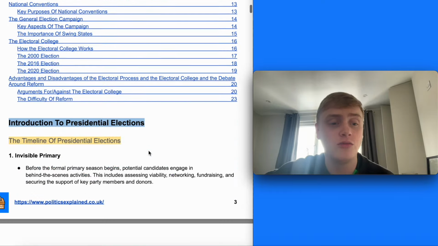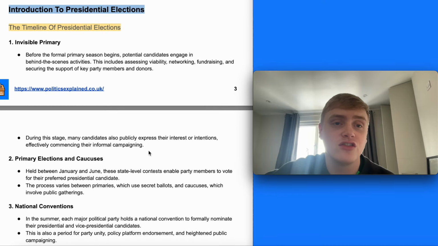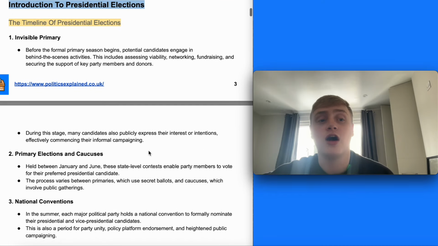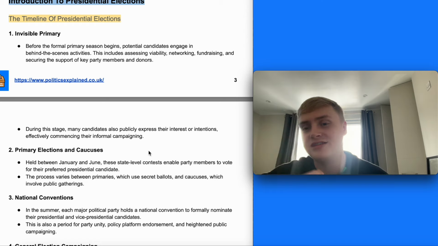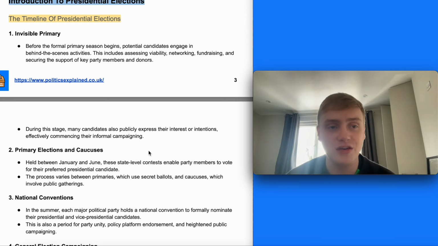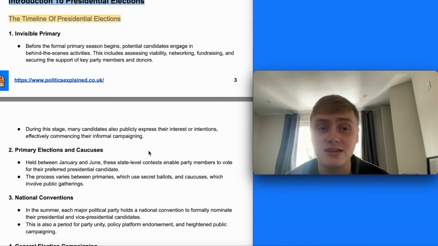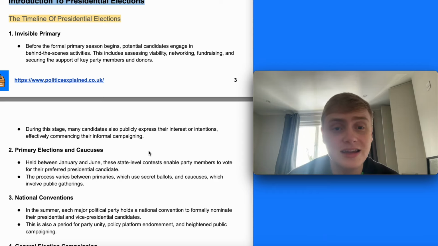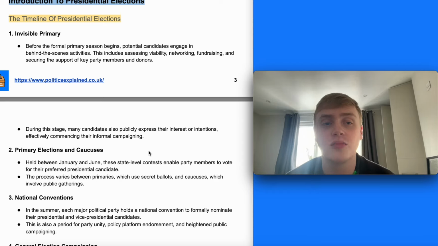Let's start off by having a look at an introduction to the presidential elections, first looking at the timeline. This timeline we're going to look at in more detail, going through each of these throughout the video, but first you have the invisible primary. This is before the primary season begins, where potential candidates engage in behind-the-scenes activities, including assessing viability, networking, fundraising, and securing the support of key party members and donors. During this stage, many candidates have publicly expressed their interests or intentions to run for the presidency, effectively commencing their